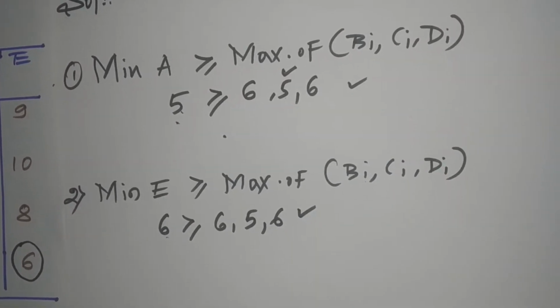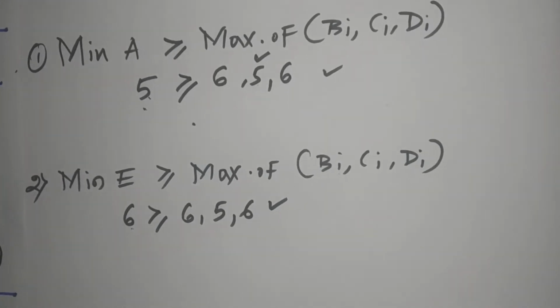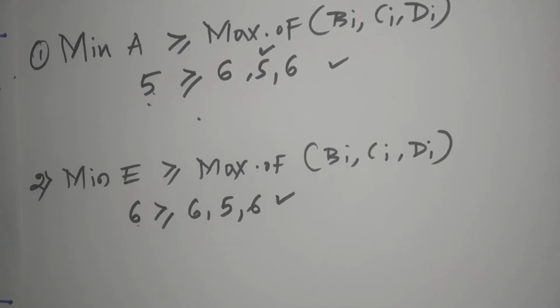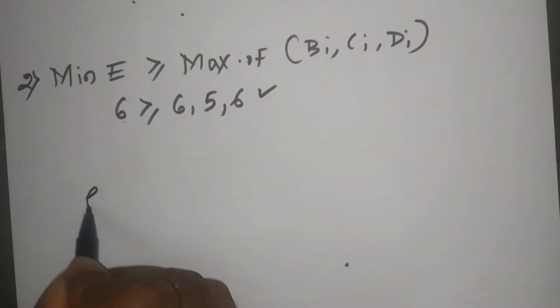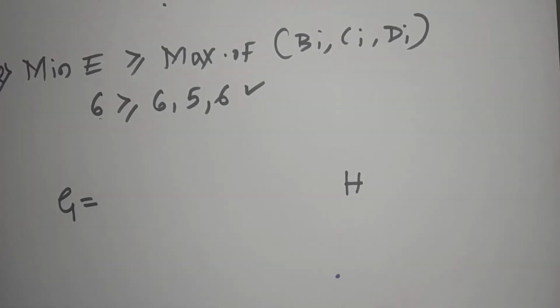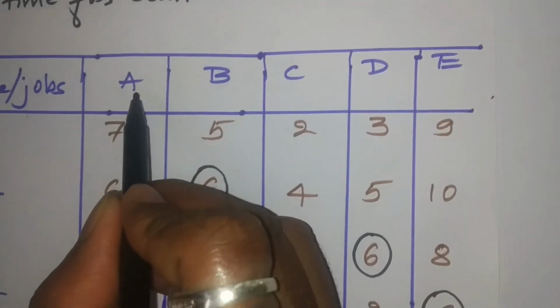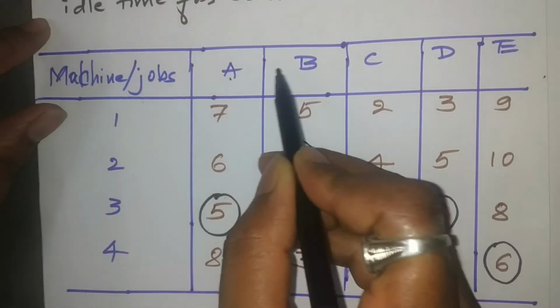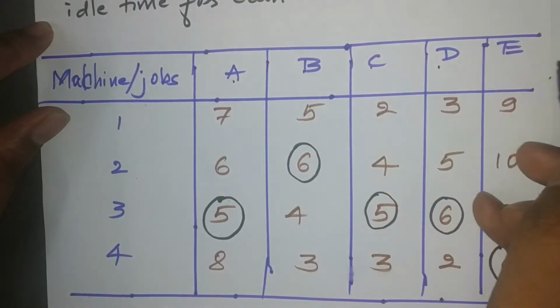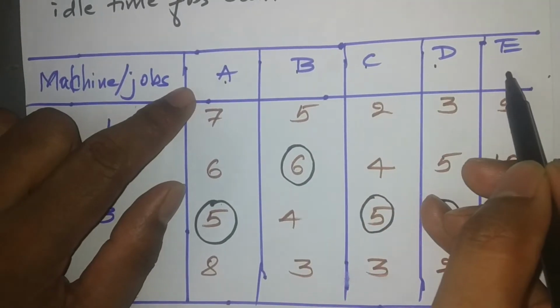So when these 2 conditions are satisfied, we can convert the 5 machines into 2 machines. I'll call the 2 new machines G and H. So in G, what has to be done? In machine G we have to add A, B, C and D. Leaving the last machine, we have to add 4 here. There are a total of 5.